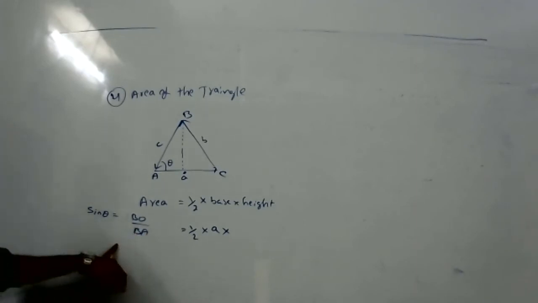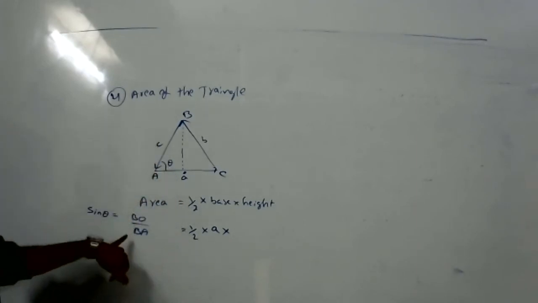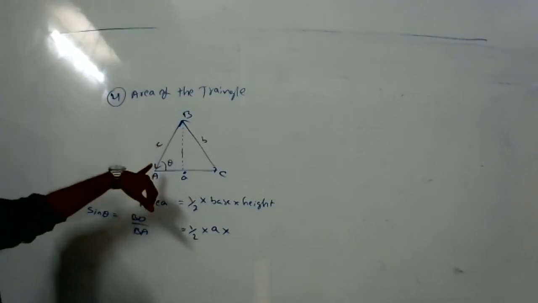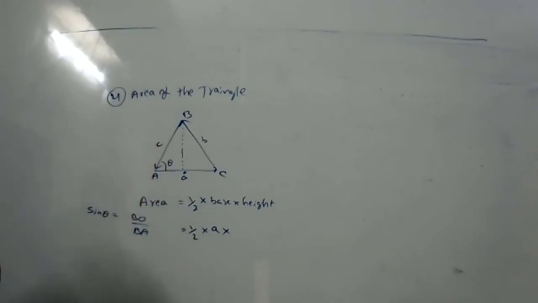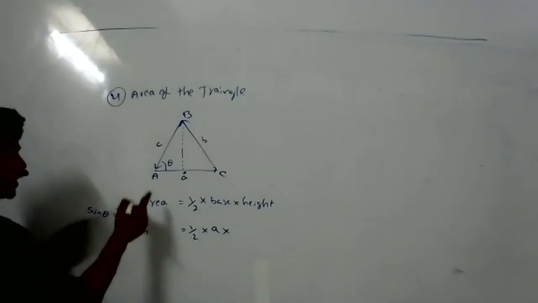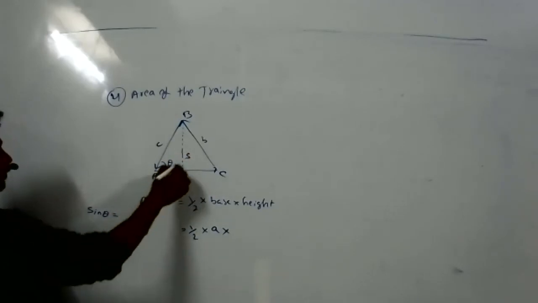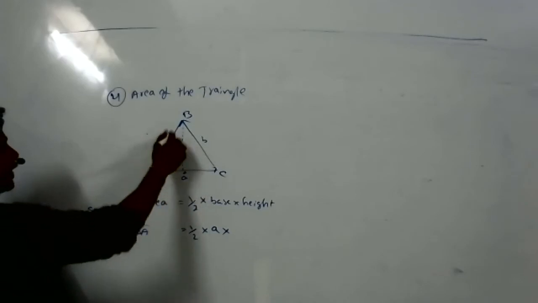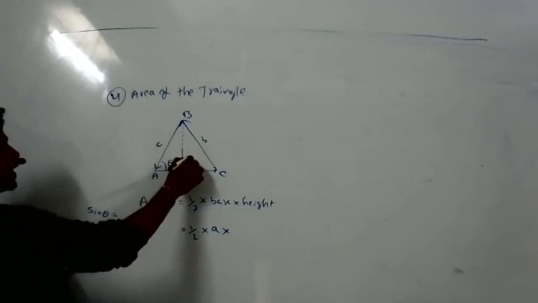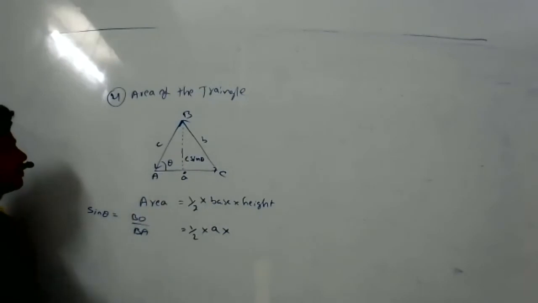Can we write like this? BO and BA. Yes, sir. So what will happen there now? That is only sin theta, right? Yes, sir. It will be the sin theta. BA sin theta. BA means if you take it, it is C sin theta, right?